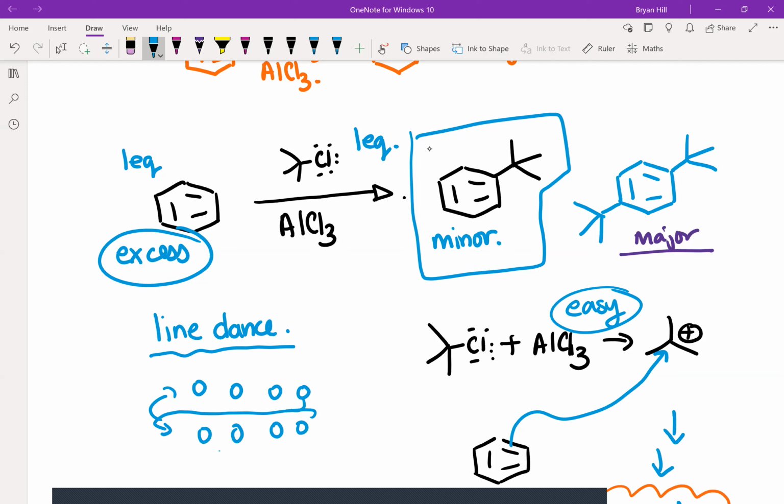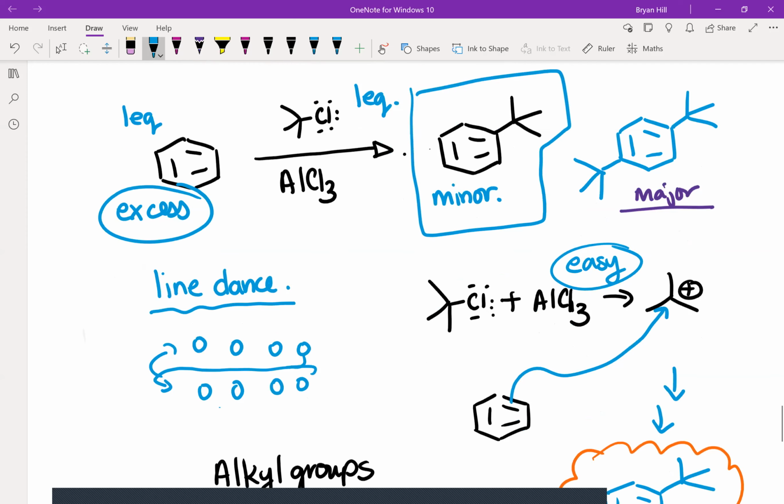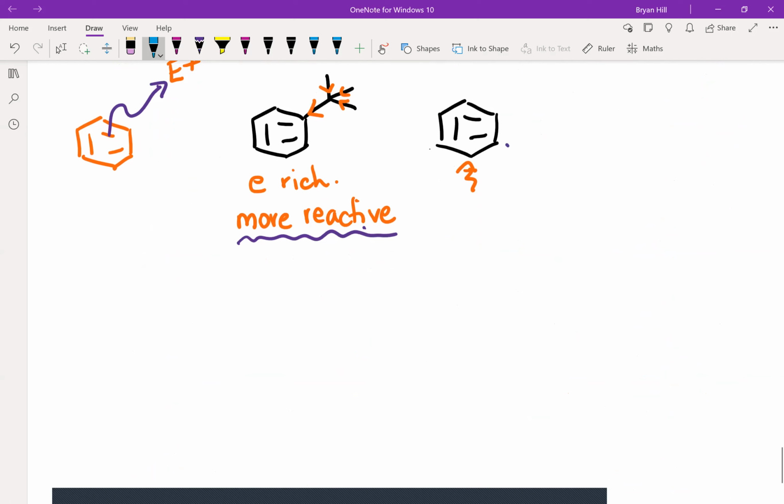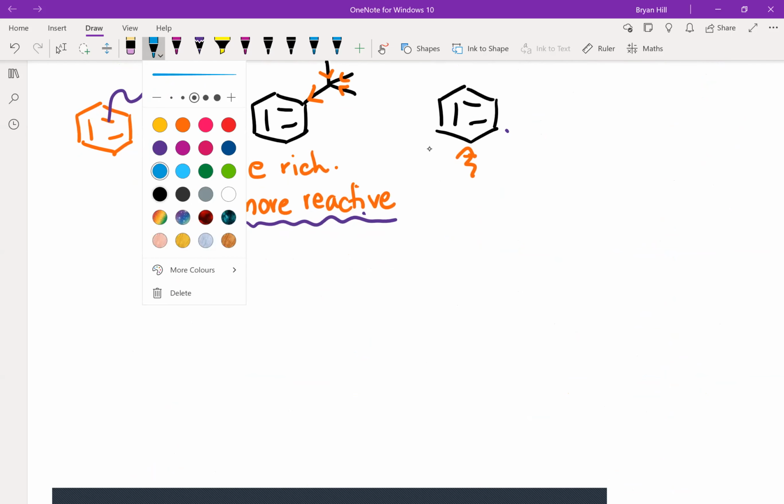So if you ever see a question on a test where it's benzene plus tert-butyl chloride, we're assuming that we've got the stoichiometry right to make the monoalkylated product. This is just a sort of sidebar, but it is important. So just assume that if this is the reaction we're doing,